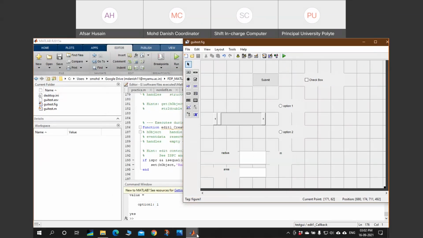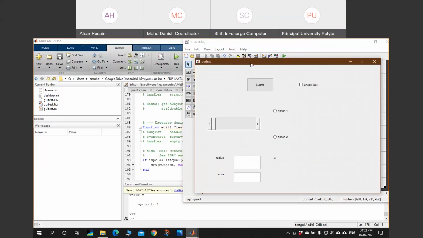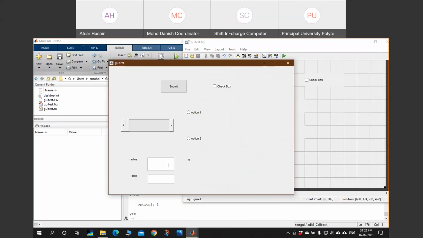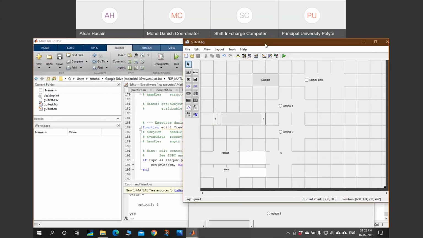The user can write radius over here, or any other data that you want to get from the user can be provided.